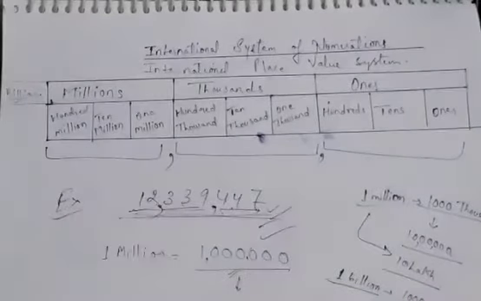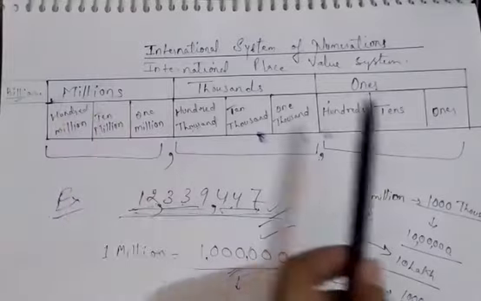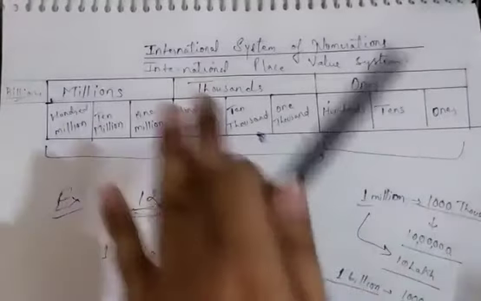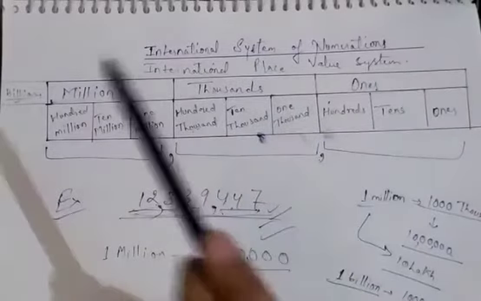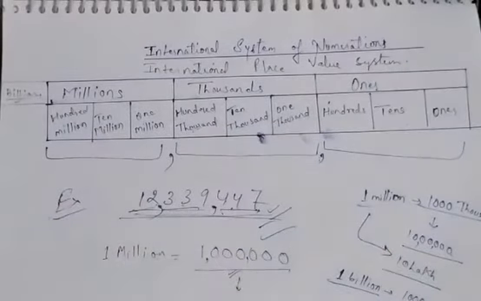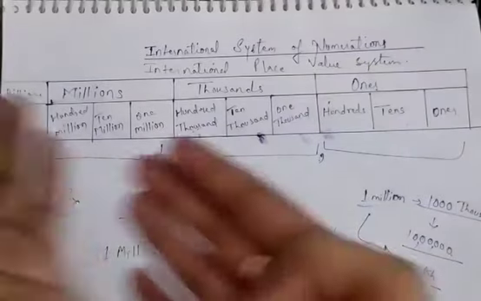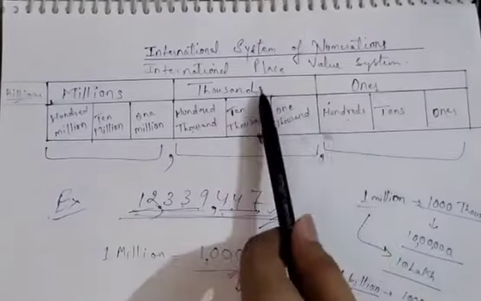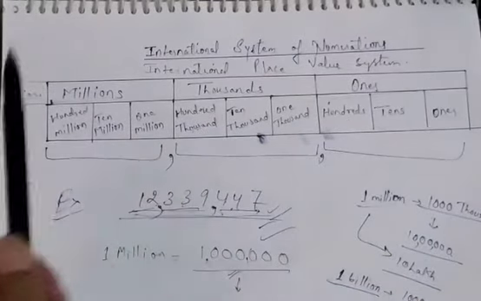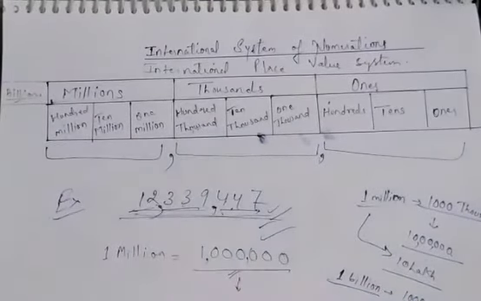Now we will talk about the international place value system. In the international place value system, there are four sections, but I have shown three over here. You can understand the fourth section also, which I will explain at the end: ones, thousands and millions, and before millions, billions will come in the table. In ones there are three digits, in thousands also three, in millions also three, and then billions will also come with three digits.